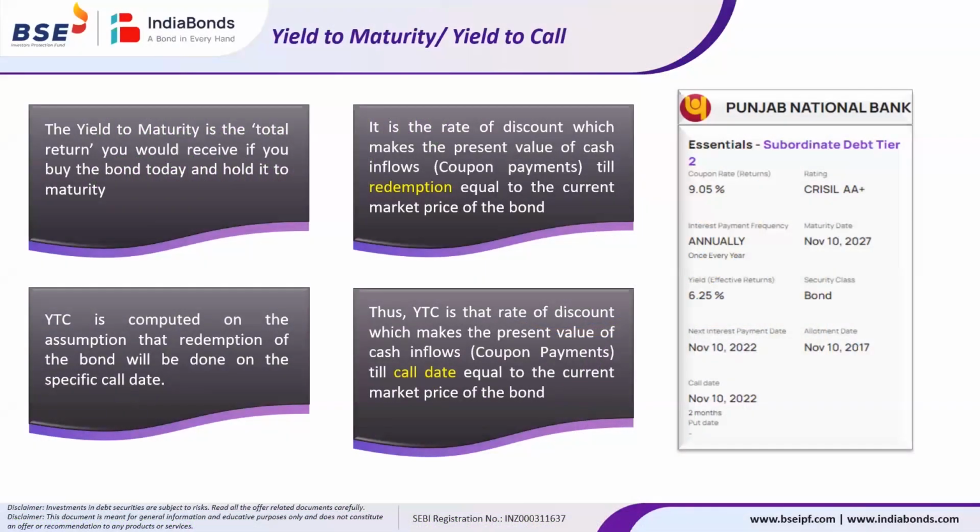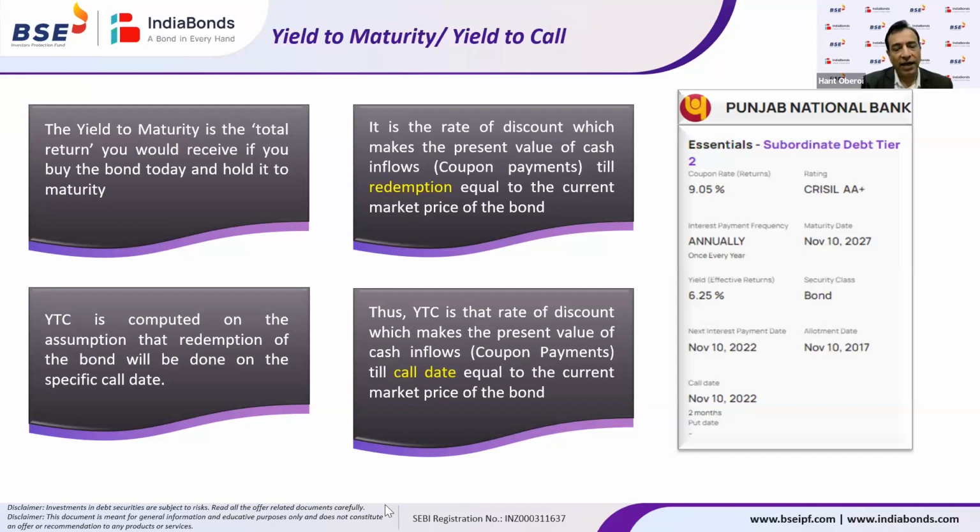So one more important point to keep in mind when investing in a bond is whether the bond has a call option or a put option as well. A call option gives the issuer the right to call back the bond and make the principal payment to the investor before the maturity date. Hypothetically, the bond is a 10-year bond, but the issuer has kept a call option at the end of 5 years.